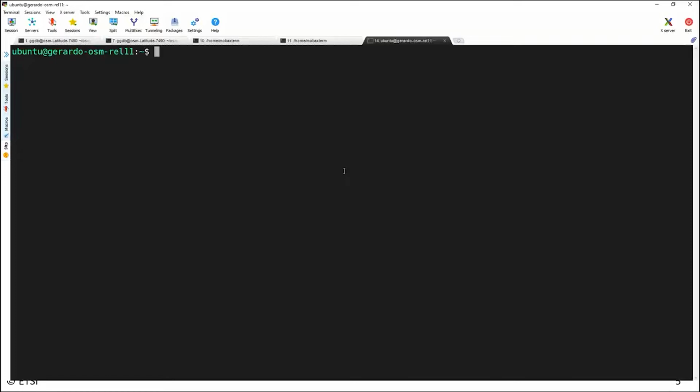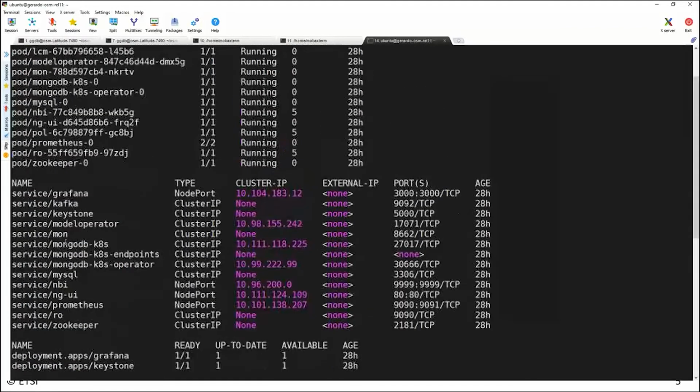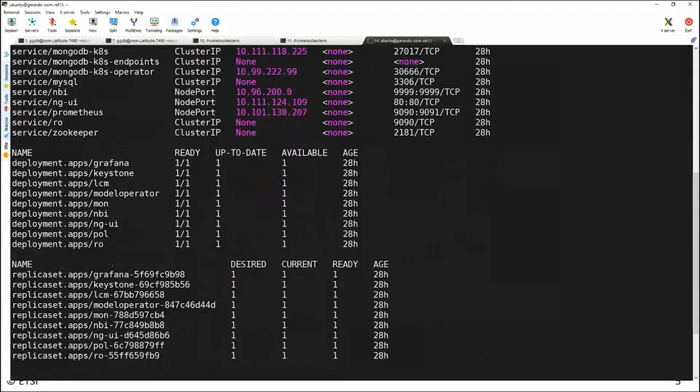First of all, everything is running in principle on Kubernetes. So we have all the things that I mentioned before. We had a deployment for the RO, for POL, the policy module, NGUI, the graphical interface, the monitoring,